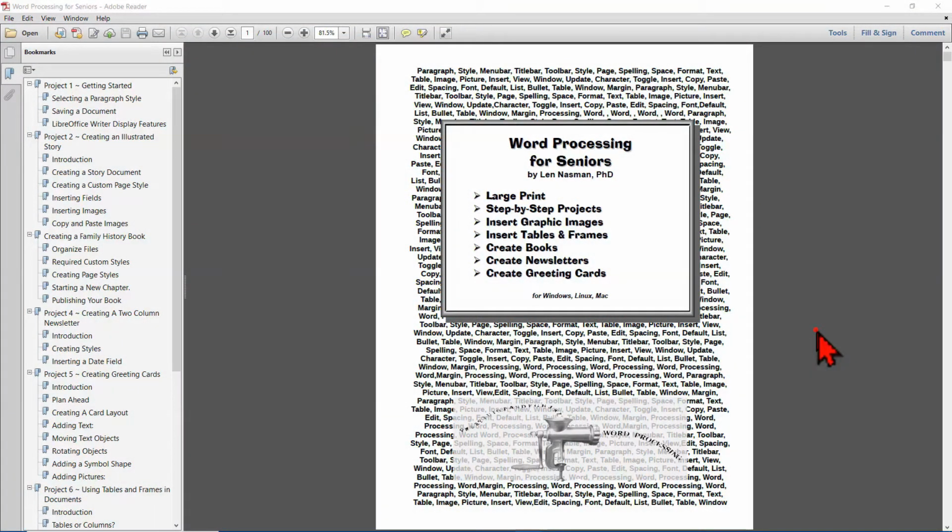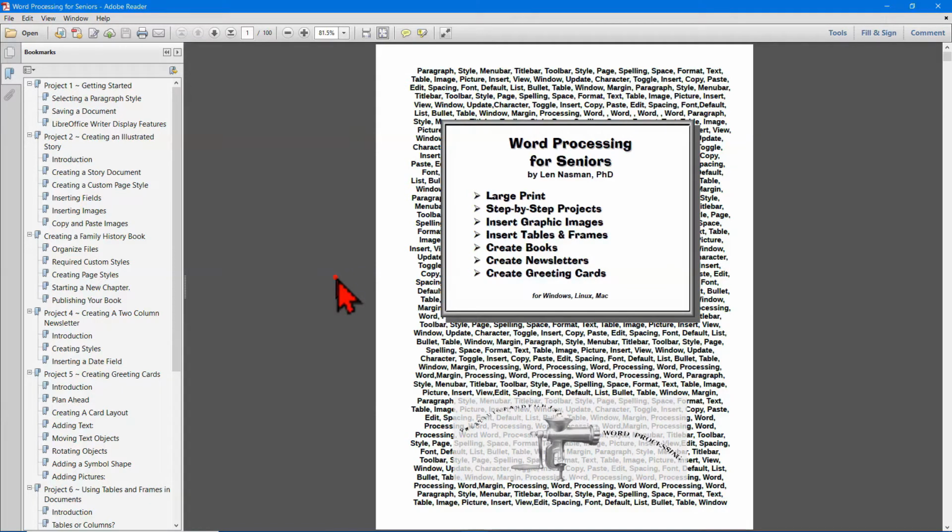The Word Processing for Seniors series of videos follows very closely the book titled Word Processing for Seniors. This book uses large print, includes a number of step-by-step projects. It shows how to insert graphics images, insert tables and frames, create books, create newsletters, and create greeting cards. The software used in this set of projects is LibreOffice, and LibreOffice is available for free for Windows, Linux, and